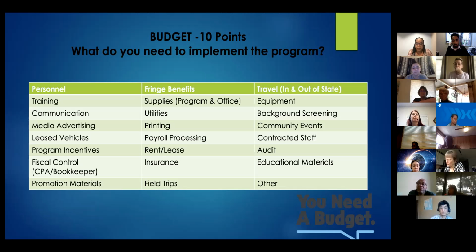I would suggest it be outsourced to someone that's not opening the mail, the bank statements, or going online to get the bank statements. Organization must have insurance, at least your general insurance, that's allowable. Educational materials for the kids to use, our staff, promotional materials as well. Some let you do field trips and some don't. And then just kind of go other. Whatever we missed in the top, we can put in other. So those are your basic